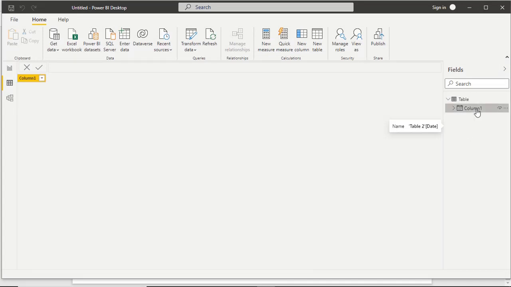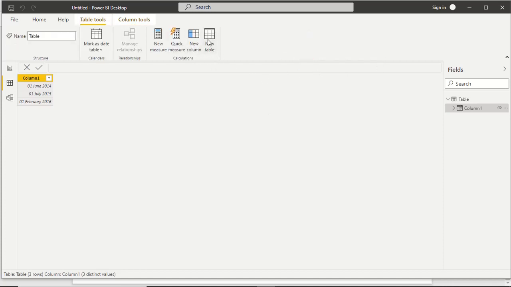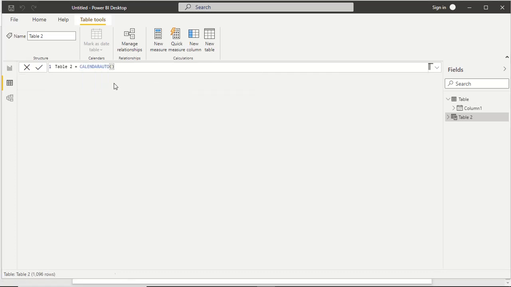Now we check CALENDARAUTO practically. First of all, we check the dates in our model: 1st June 14, 1st July 15, and then 1st February 16. We know CALENDARAUTO returns data in table format, so I create a new table with simple CALENDARAUTO.